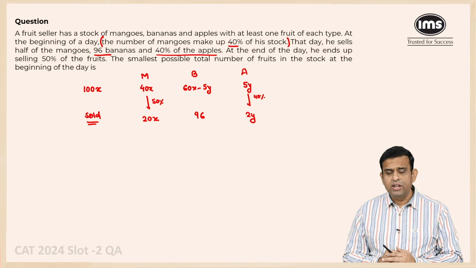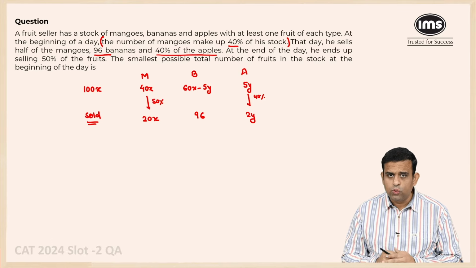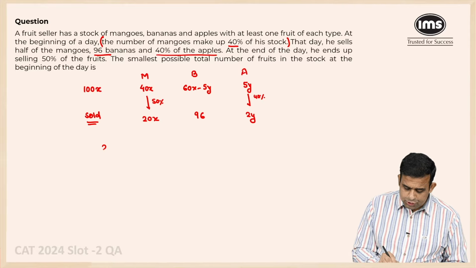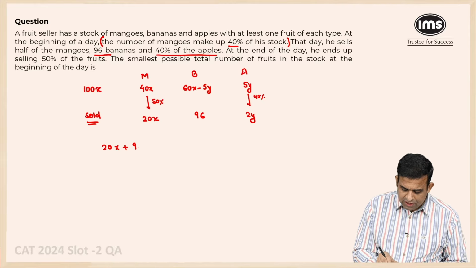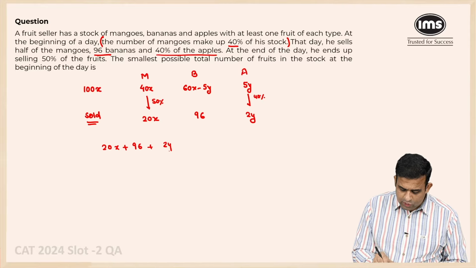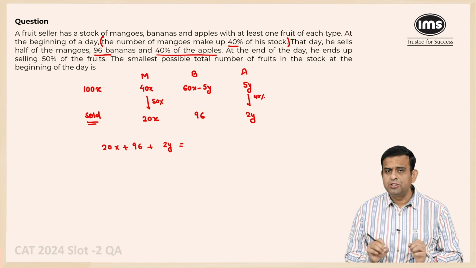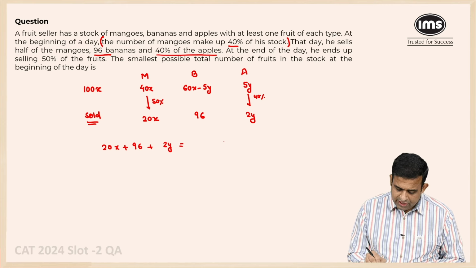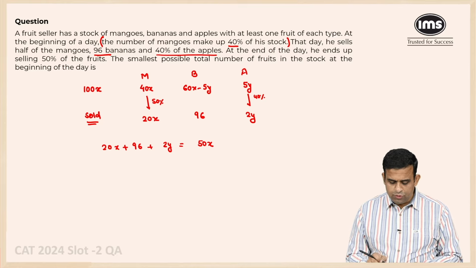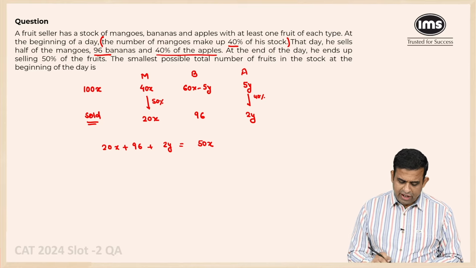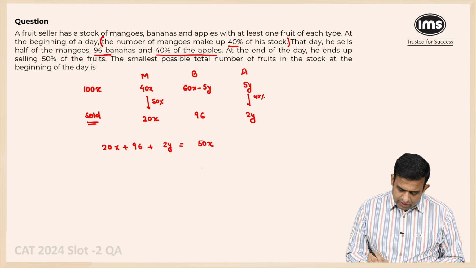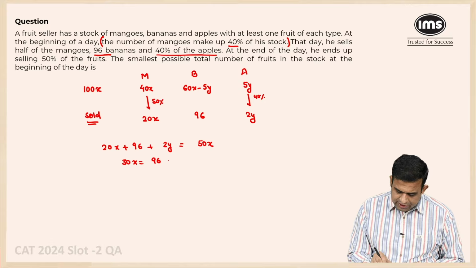And what one can clearly say in this particular case is that the total amount of fruit sold, which is 20x plus 96 plus 2y, must be equal to 50%, so 50x over here. So from this part, we can find out that 30x should be equal to 96